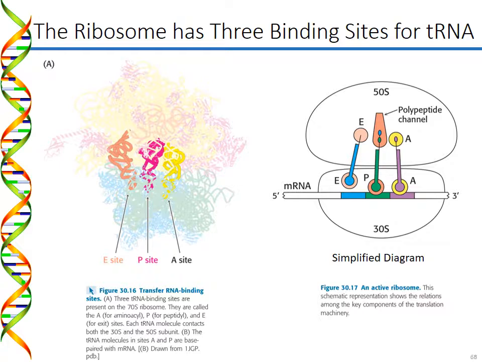So the A site is taken up by this purple tRNA molecule. The P site is the one that is currently being attached, the amino acid is being attached to the growing polypeptide protein molecule, and the blue one in the E site is exiting because it's already had its blue amino